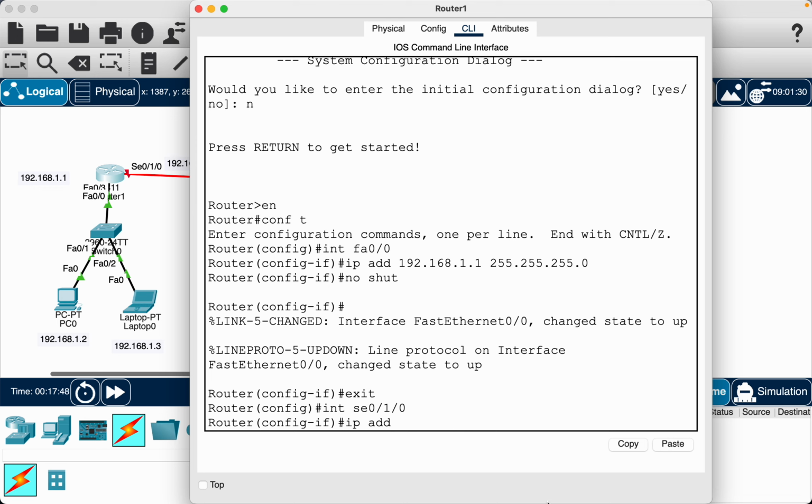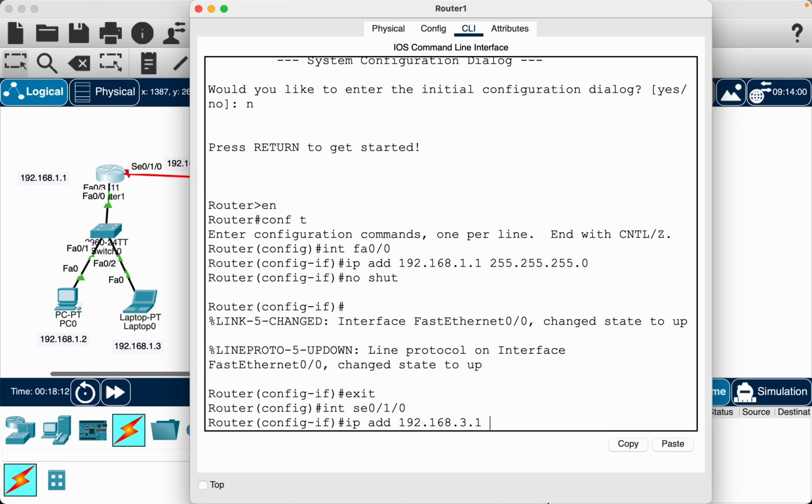What is the IP address for this? Yes, 3.1. That's why I wrote the notes with the IP addresses, so that I cannot give any wrong IP address. So IP address 192.168.3.1 with the